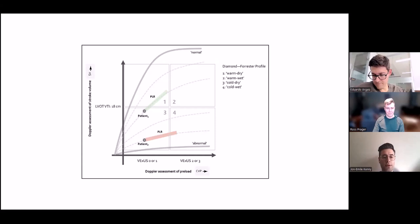And I think the answer is that, at least in our data set, and I think a couple other papers that we'll briefly touch upon in the next slides, in this quadrant three, when you're septic, there's probably a 20 to 30-ish% fraction of patients that are already preload unresponsive, even though they've got signs of low filling pressures. So in that patient two, that would be someone like maybe try fluids a little bit. And if you see that they're really starting to get congested and they're not really increasing their stroke volume or cardiac output, then you would switch to vasoactives more quickly